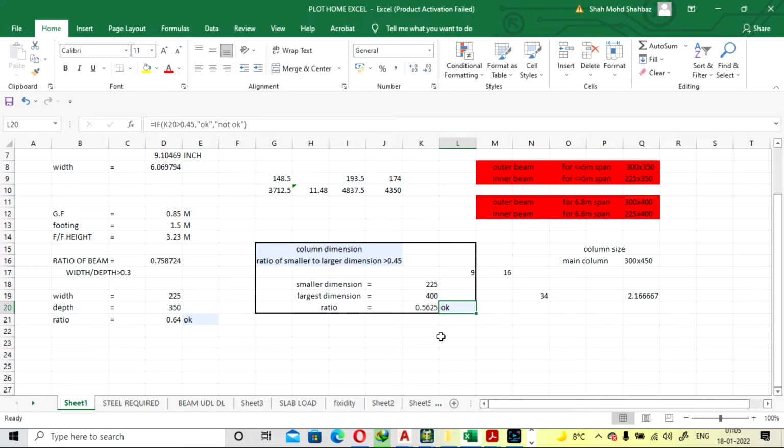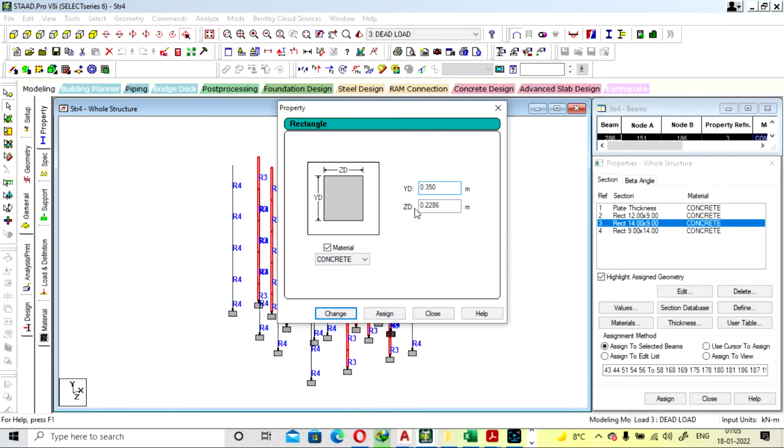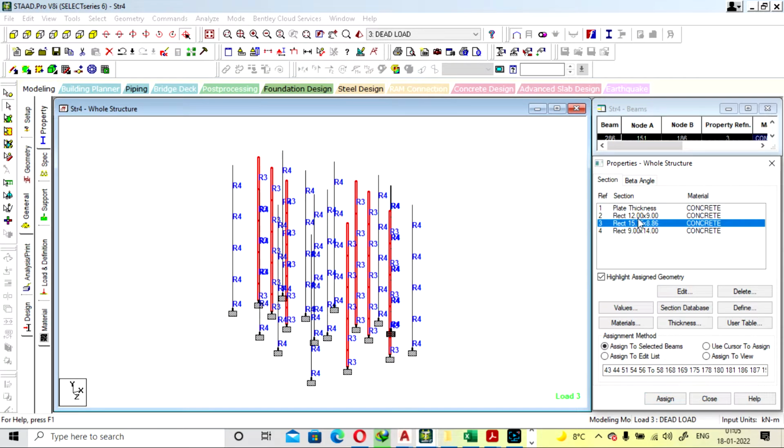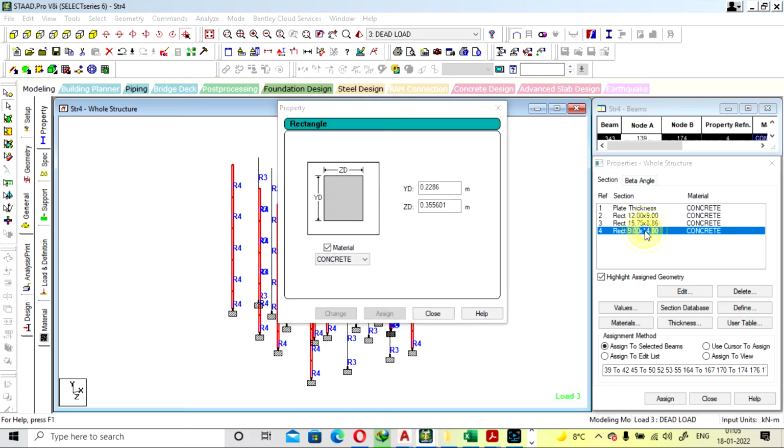More than 0.45 will be okay. So we are going to provide the column length of 400 and 225 will be okay. Change, close. So 400, we are going with 400. Change, close.